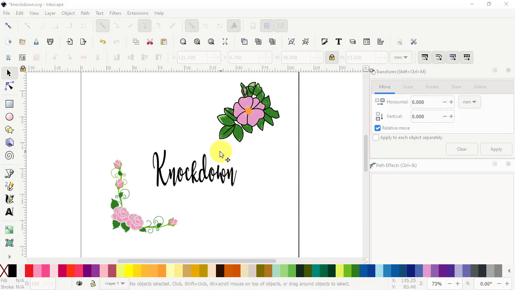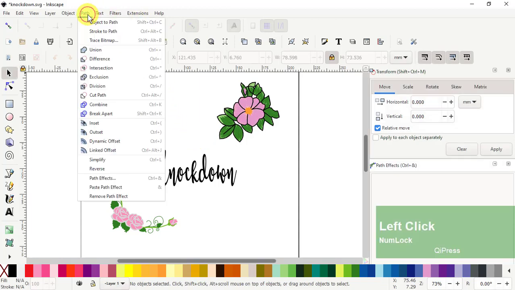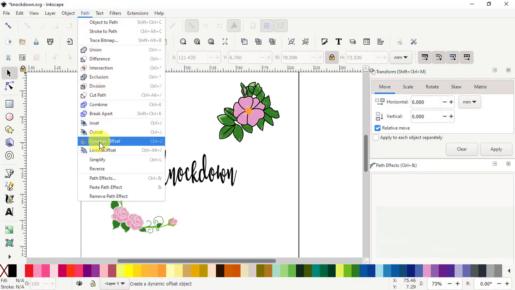Okay, here is a video on doing a knockdown stitch. I was asked by one of my subscribers to do a knockdown stitch with the offset, with a dynamic offset. But I really